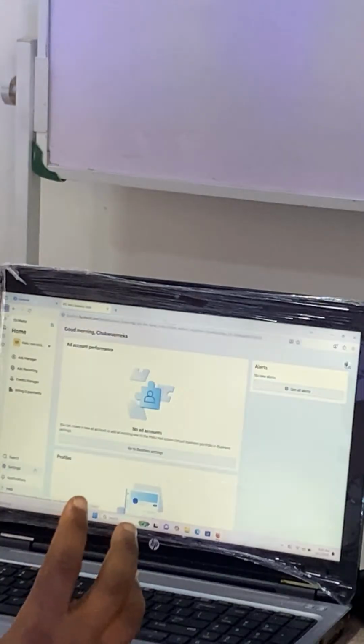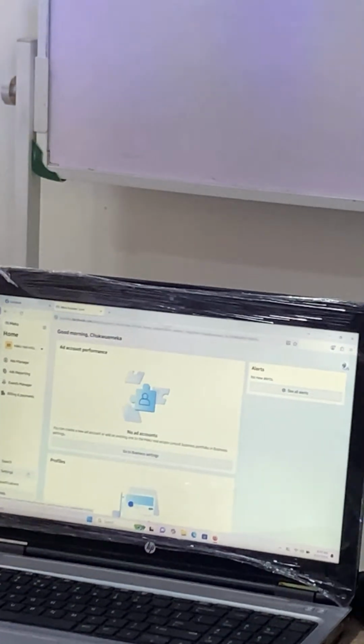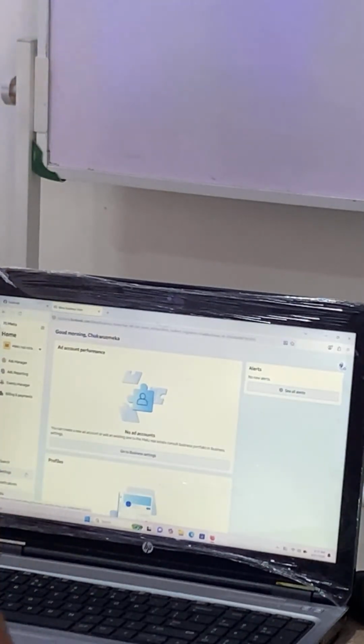And sometimes they might ask you to verify your Gmail again. So that is when you need that Gmail again to verify your account.